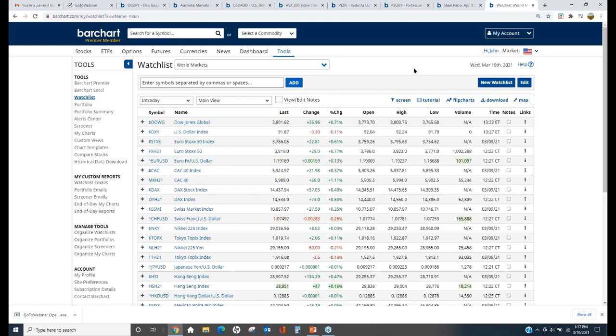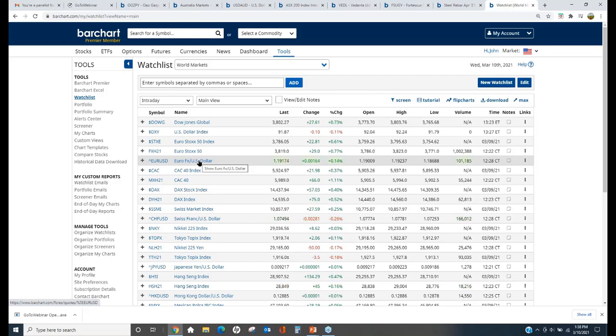And so right at the top of my watch list here is our Dow Jones Global Index, that index that has U.S. equities that are traded around the world or do business around the world, our dollar index, and then below that I have the index of an individual country or region. I have the futures contract that is traded based on that index. And then I have that currency relationship between that region of the world and our US dollar.